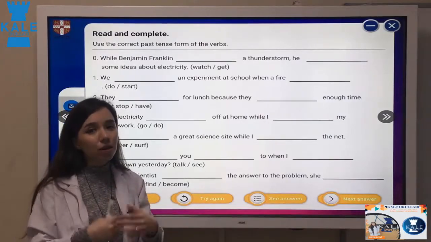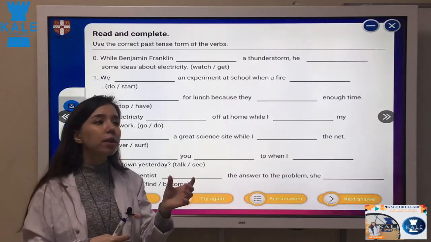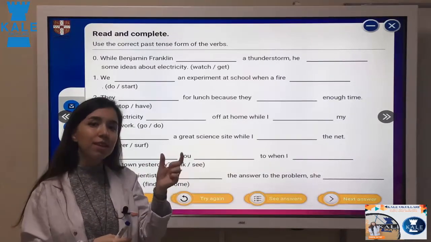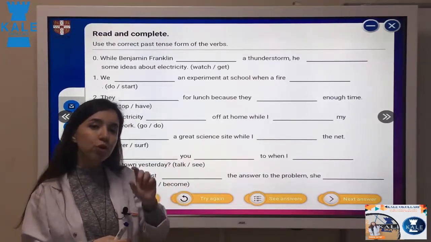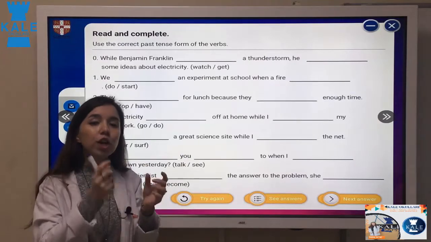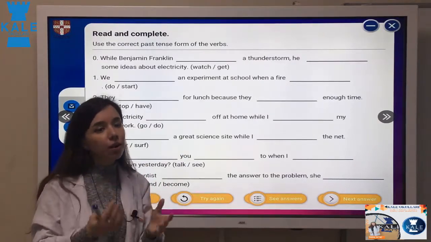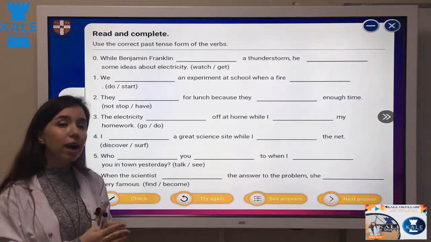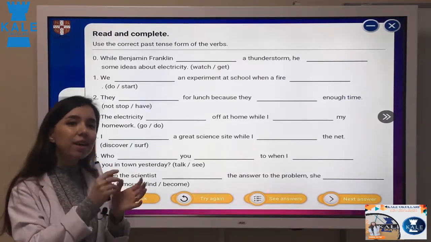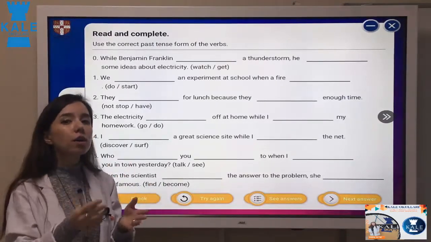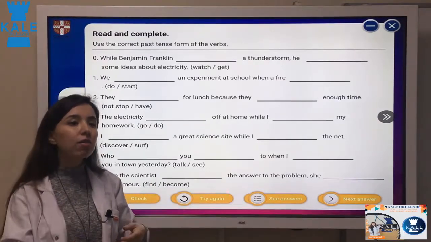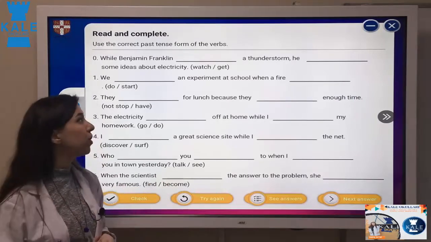But we have some irregular verbs also, yes. Some irregular verbs like eat. You cannot add ed to the end of it. Eat changes to ate. Or drink, drank, yes, it changed. The form of the verb changes. They are irregular forms. So, we use past simple just for an exact time in the past when something is finished. We are not going to do it again. I ate my lunch, I drank tea, I drank coffee, I played, all of them finished.